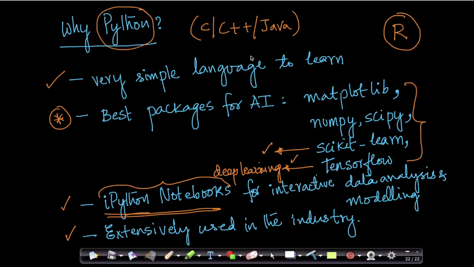And learning Python in general is very useful because you get all of these libraries and you can do general purpose programming also. So if you already know C, C++, Java, you can tomorrow go and say, I also know Python. But if you say, I know R, okay, R is used only in a very limited set of applications, but Python is a very general purpose language. Looking at all of these reasons, we picked up Python over any of your traditional languages like C, C++, Java, or R.